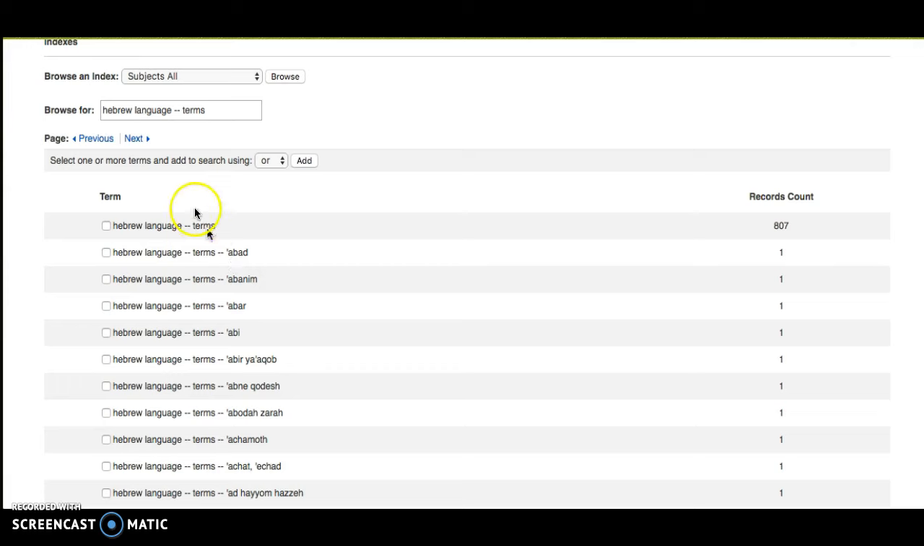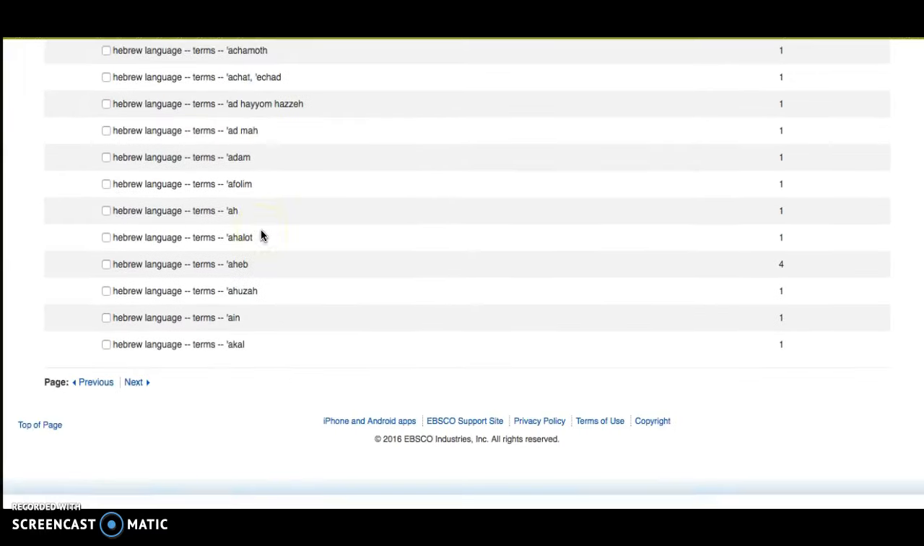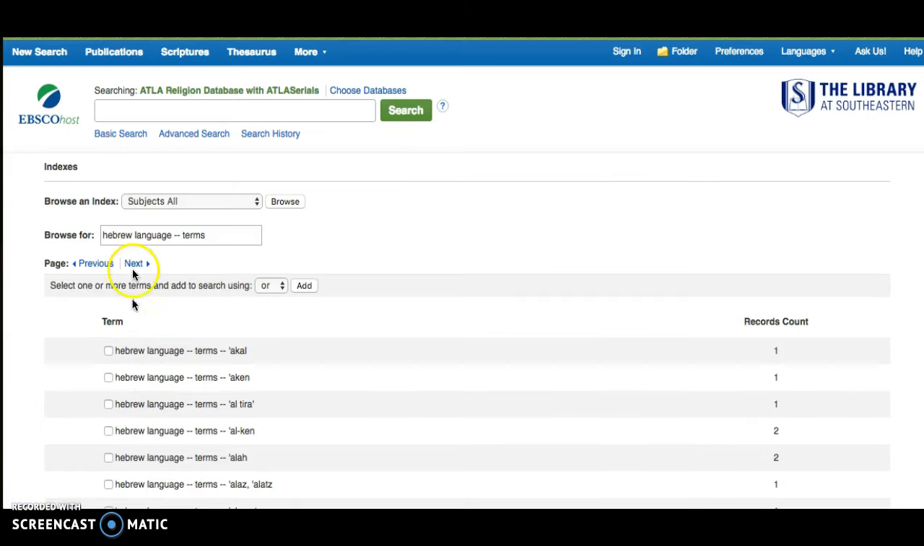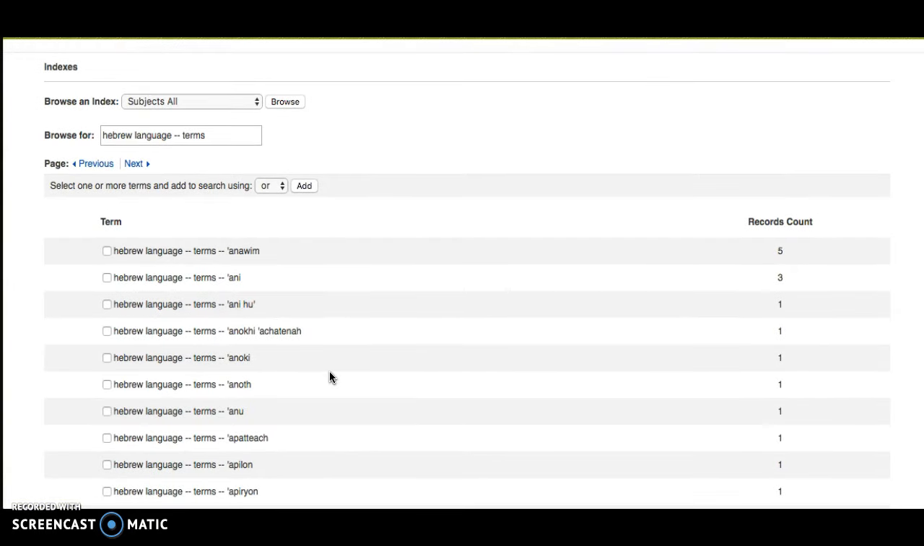And that's why I recommend, if you don't know how to spell or how they're transliterating your particular letter, you may want to actually just jump in here and do Hebrew terms, and then page to the next page. You can do that down below or up top until you find your letter. But that may prove a little bit difficult, especially if you're looking up a word like zera or seed in Hebrew. So in order to do that, what I recommend doing is Hebrew language space hyphen hyphen space terms space hyphen hyphen space